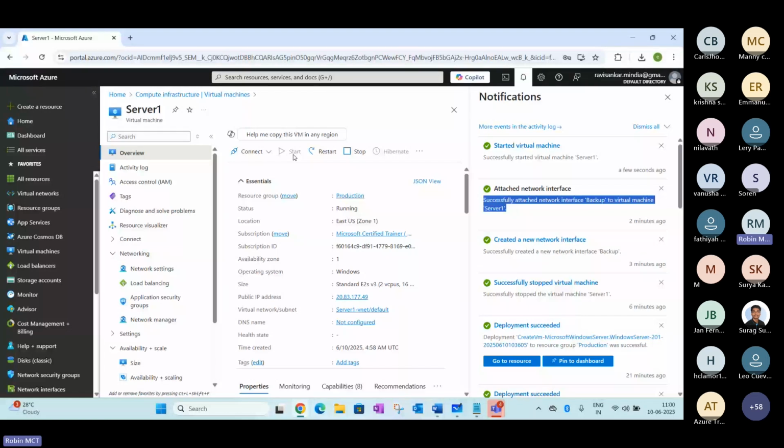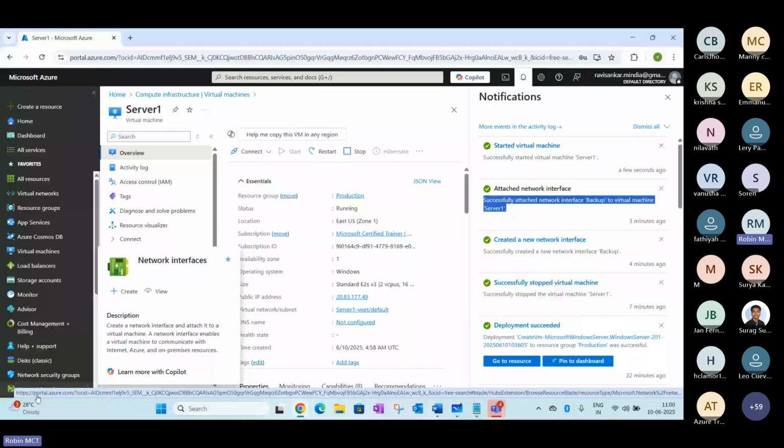You can see this has started the VM here. This is progressing. I'm just trying to connect to this server. Now I can see there is one more question here, creating a network.